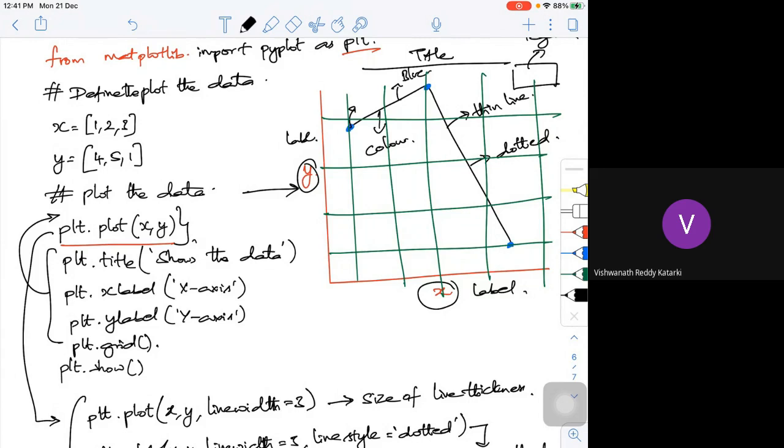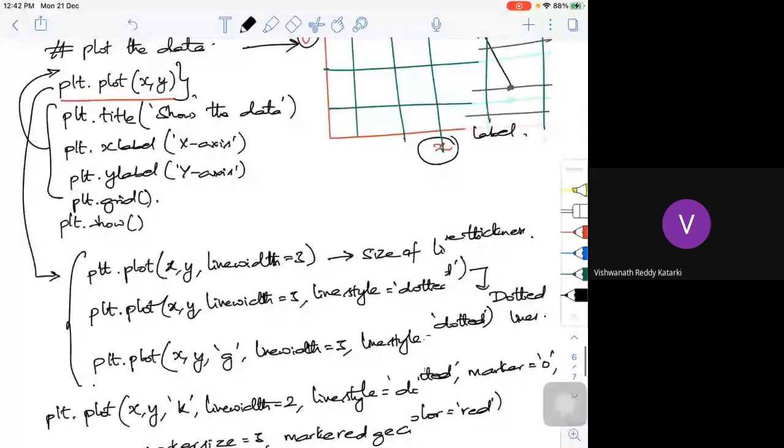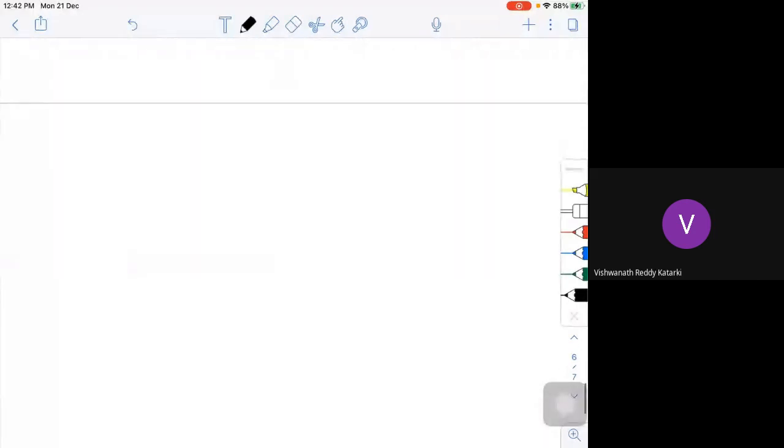Suppose I have a bar chart. If I have a bar chart, what should I do? The same thing. This was for a simple chart; now I am going for a bar chart. Some code will be something like this.